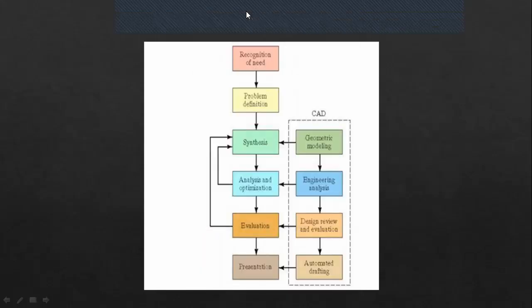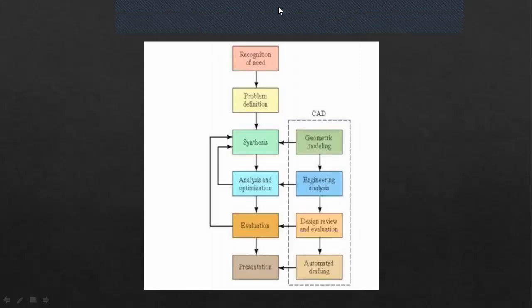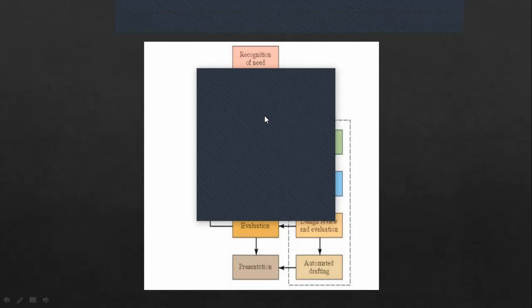Okay, so that indicates very few are actually in the class. Okay, clear.